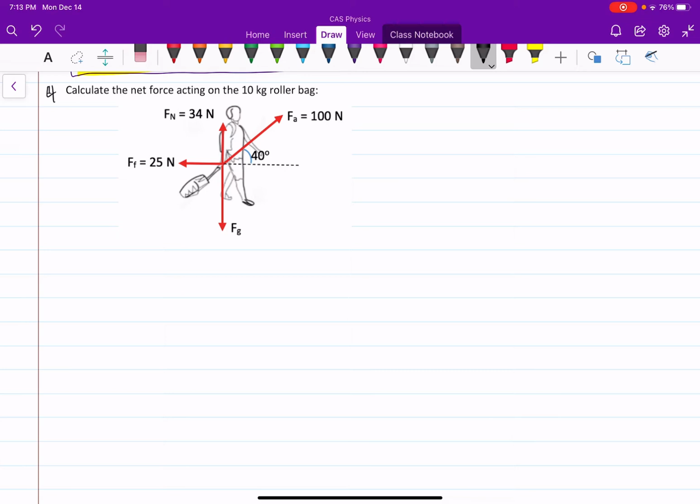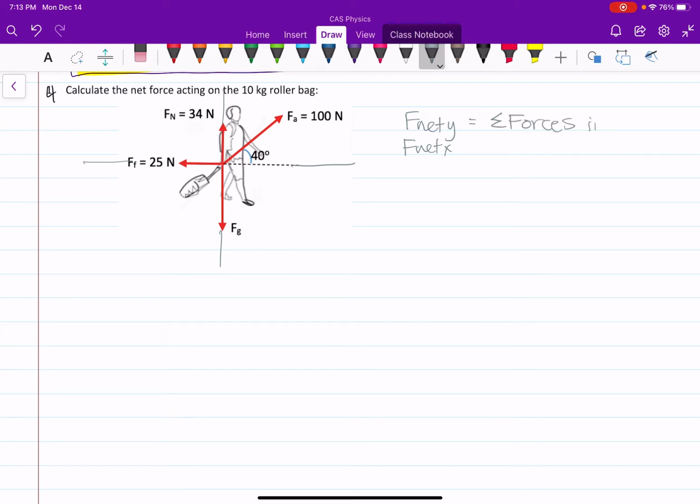And this is pretty typical. What we're going to do when we encounter problems like this is to basically break things up into the vertical and the horizontal. We're going to calculate F net in the y direction and F net in the x direction. And in the y direction, it's the sum of the forces